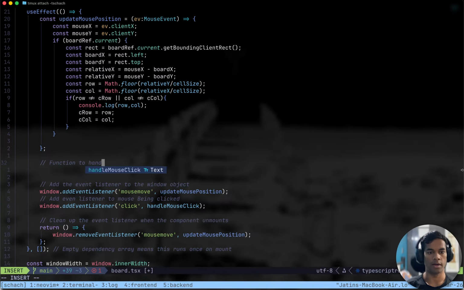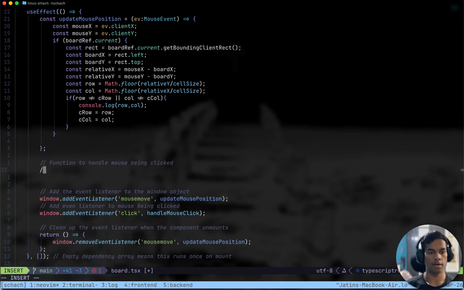Function to handle mouse being clicked, handle mouse click. This takes in ev, mouse event.